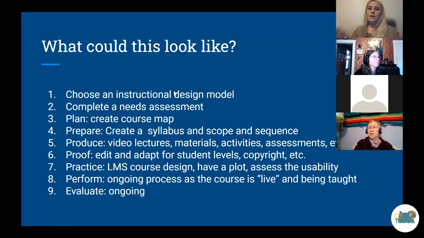The perform stage is really just the ongoing process of that live teaching, whether that's synchronous or asynchronous or a hybrid approach. It's really that part where you're actually going through and continuing to teach the course. And throughout that, there's a continuing evaluation phase. And that's something in addition to assessing the students and their learning objectives, we also want to be able